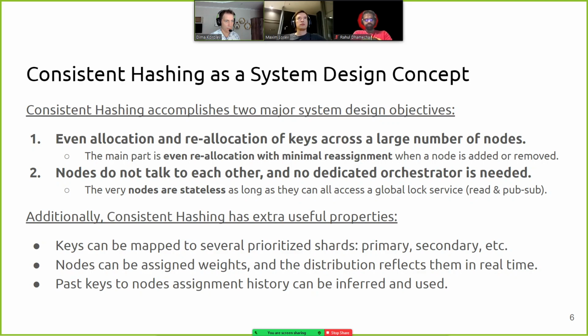As a system design concept, when I think about presenting, explaining, or giving a talk on consistent hashing, I've distilled it down into two main objectives of this idea. Objective number one is that consistent hashing makes it clear that all the keys, or whatever you have to allocate, shard, distribute across multiple machines, nodes, services, data centers, this allocation is done in a way that if you need